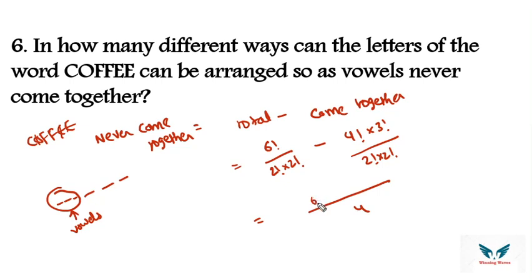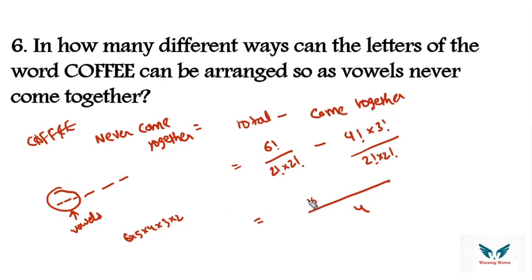6 factorial, what is the value of 6 factorial? 6 into 5 into 4 into 3 into 2. So 3 2s are 6, 6 4s are 24, 24 5s are 120,